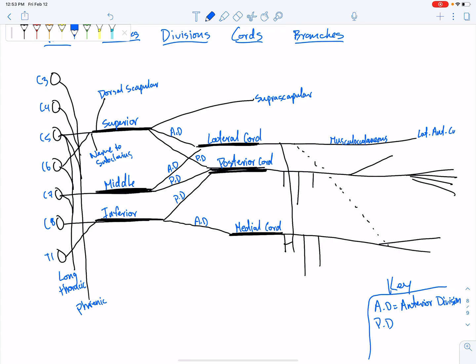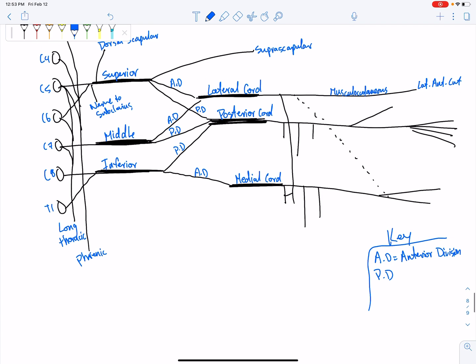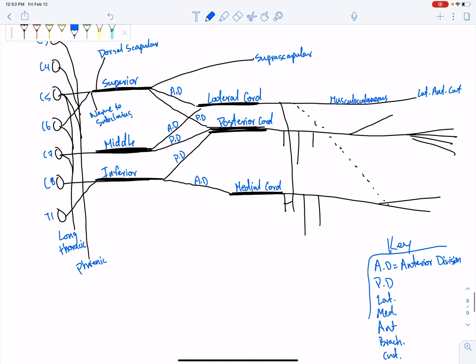antebrachial cutaneous. And again, here you'd have to add in lat is lateral, med is medial, right? Antebrachial, brachial, and cutaneous. Okay. And then fill out the rest of those. Okay, so C5, or the branch off of the lateral cord, is done. Let's go on to